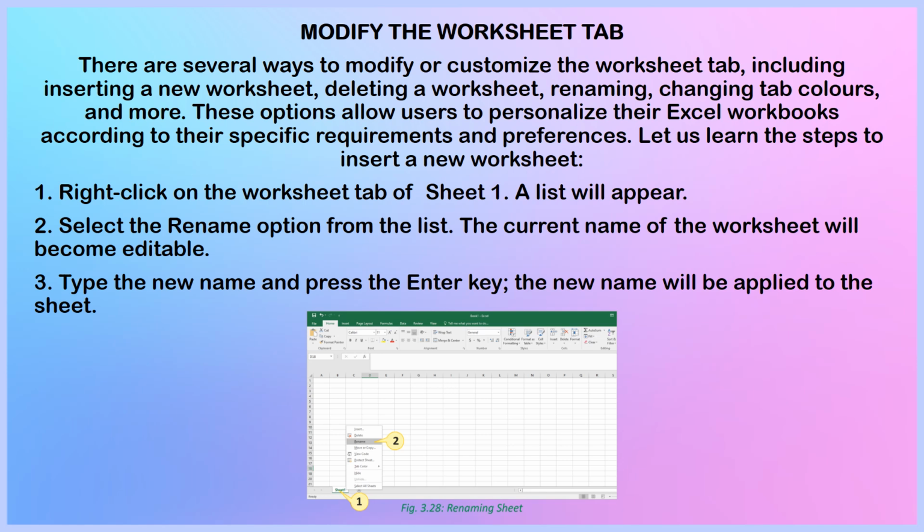4. Now, click on the Fill tab as shown in Fig. 3.26. Select the color from the Background Color section. 5. The font style and the color will be